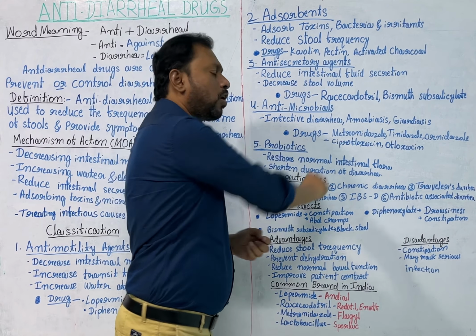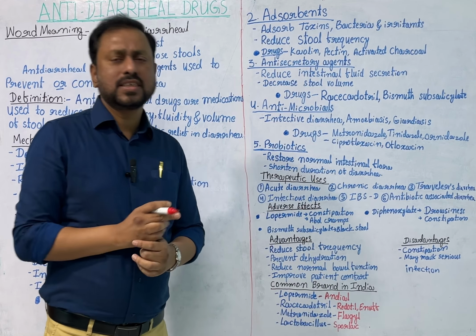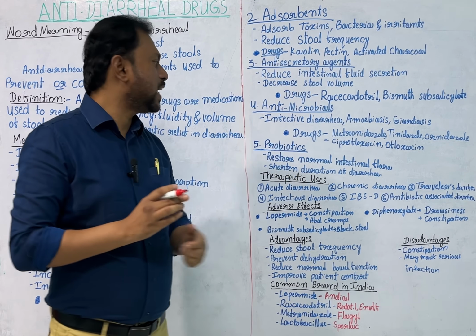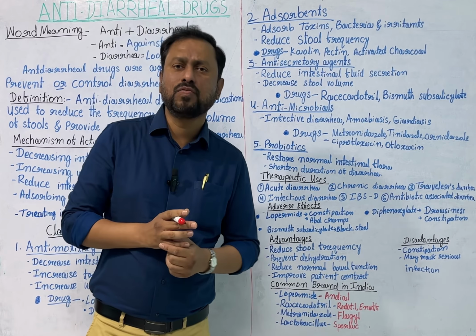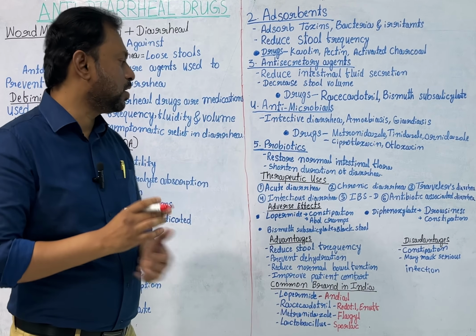Next are ofloxacin and ciprofloxacin. This is also one of the classes here. It acts as an antibiotic. Both these classes of drugs act as antimicrobial agents in anti-diarrhea. Very common famous brands are available, like O2 tablets and O2 syrup.